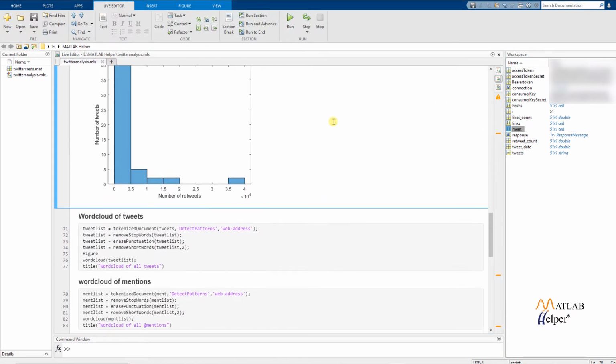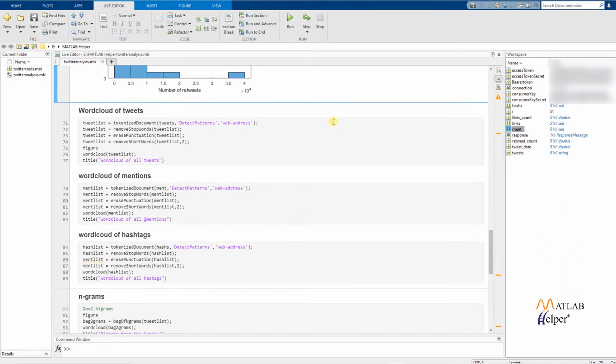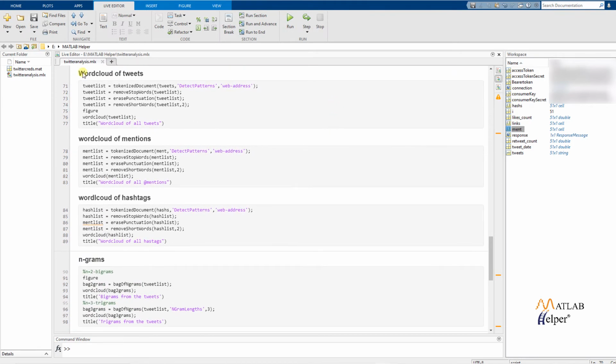We now make use of the text analytics toolbox in our program. A word cloud is an image composed of words used in a particular text or subject in which the size of each word indicates its frequency or importance. So basically, the word which is more important or higher frequency appears bigger and bolder. We will now examine how we can make word cloud of tweets in our program.